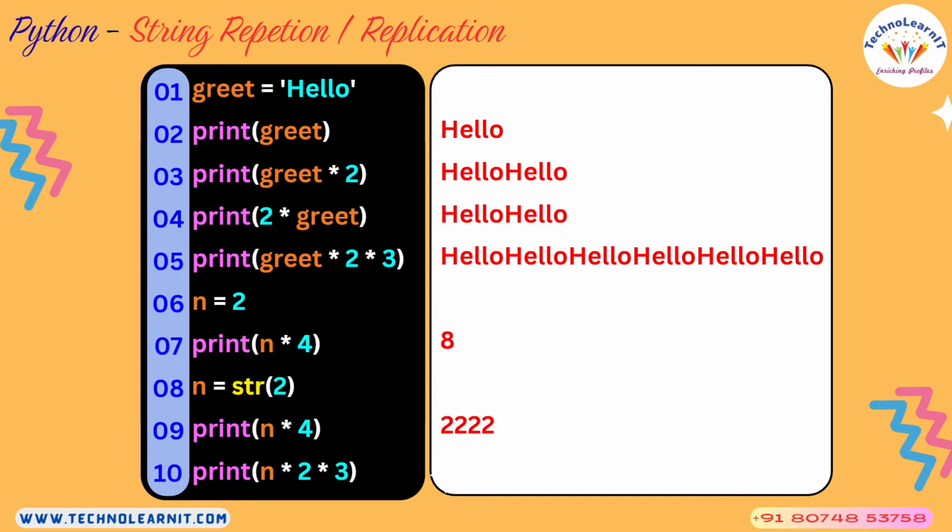The last output statement that you can see here is n times 2 times 3. As I said, integer expression would be evaluated. 2 times 3 is 6. N times 6, n is a string 2, so 2 will be repeated 6 times. So this would be your output. Okay. So these are the things that you need to understand and learn how a string repetition or string replication works in Python. The operator that we use for this is a star, and we use some integer value along with the string variable name, or a string constant can also be used. All right,